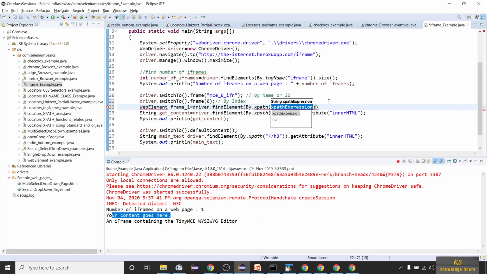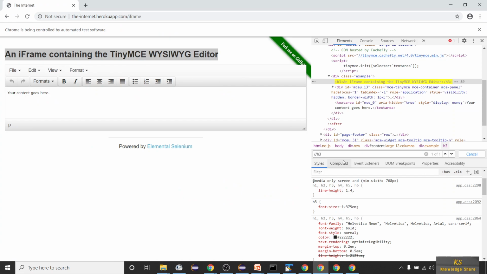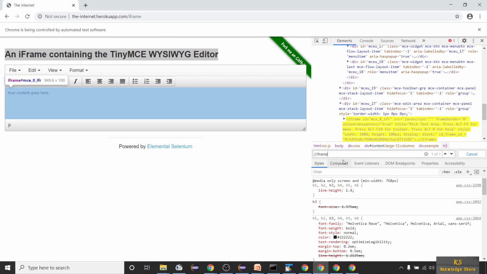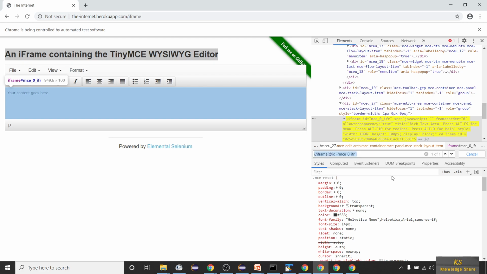xpath of, how to write the XPath for the iframe? Just slash slash iframe. You have only one iframe, right? Inside this you can write at the rate id is equal to this id, and that's it. We got an iframe.